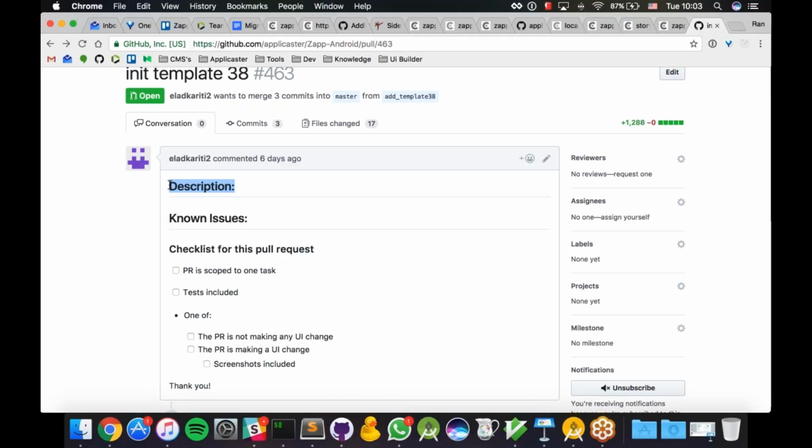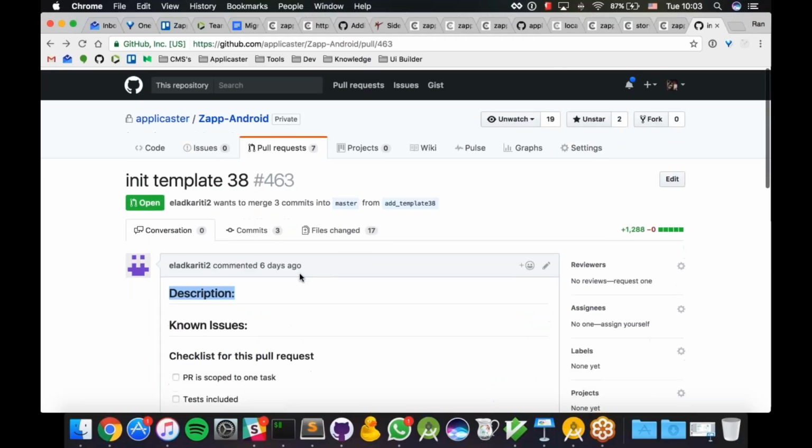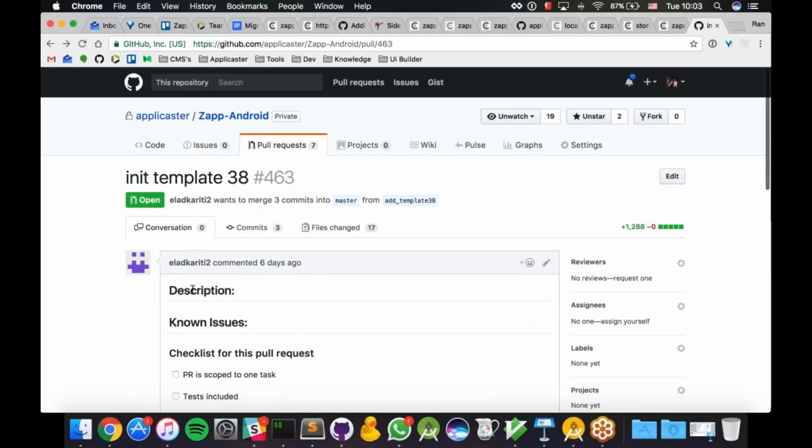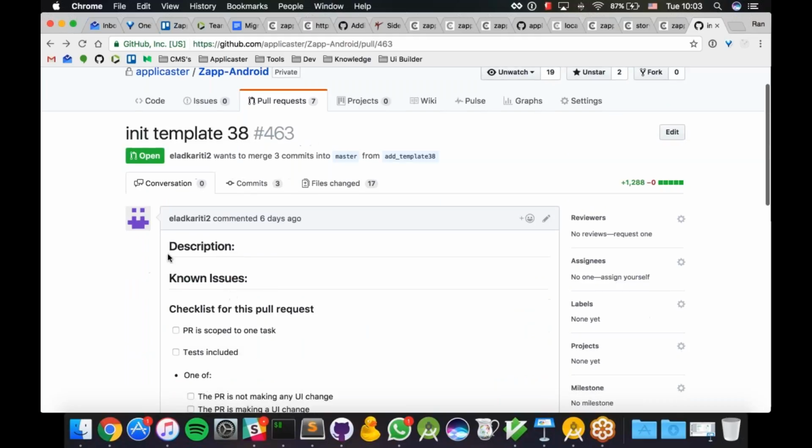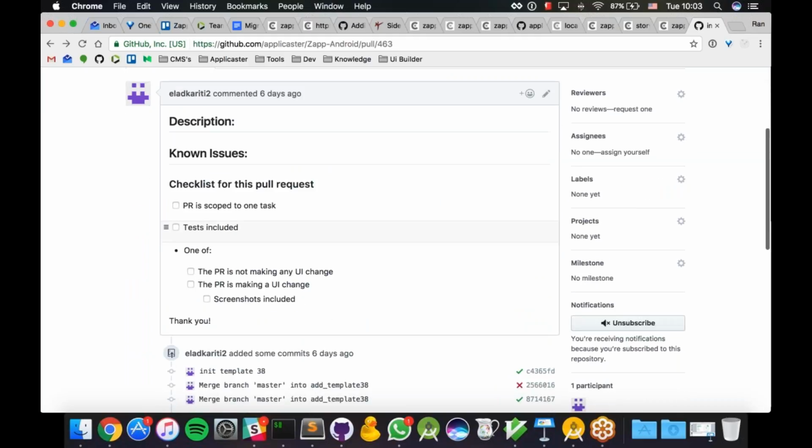So I agree with you 100% that if you can do a peer-to-peer talk and go through the pull request together, it's preferable, but it's not always the case. And in that case, I would say that it is very important to fill the template. I think it takes 5 minutes. The truth, yeah. I know, but sometimes you might